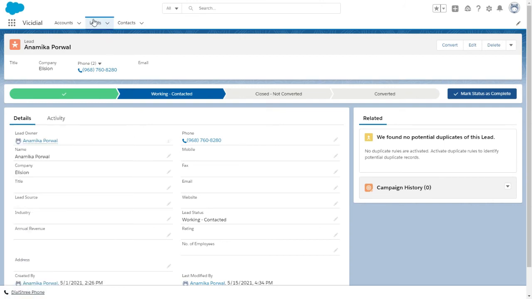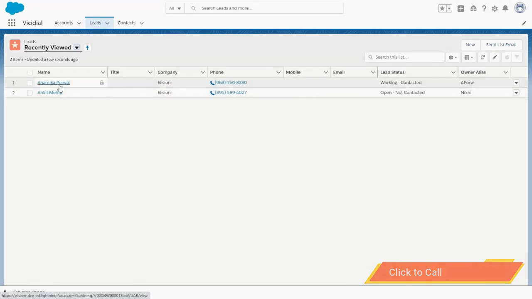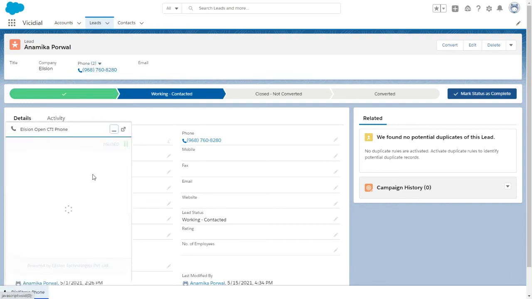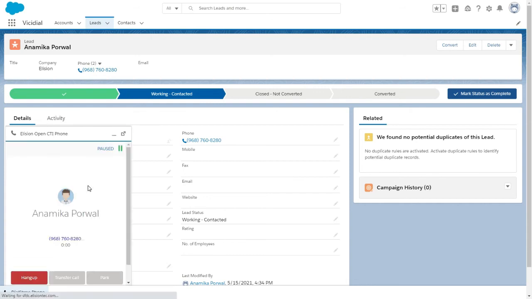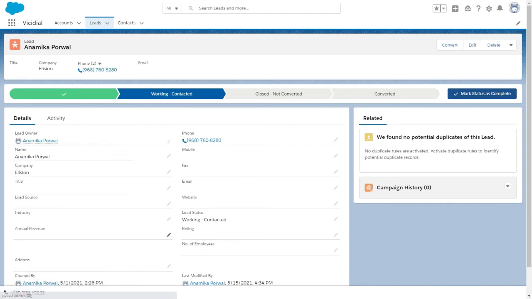Now let me show you one more functionality, which is click to call functionality. I'm going to the lead page now. I'm clicking on my name, and if I just click on my number, then automatically the call would be dialed on my number. I have again received the call on my number, and here I'm answering the call. As soon as I've answered, I am in call and on a live call. So this is how you can use the click to call option once you go to the lead page, and you can just click on the number part.